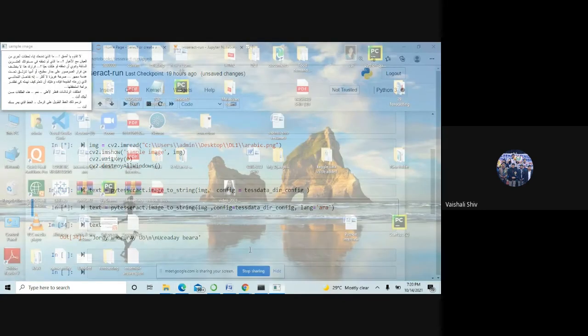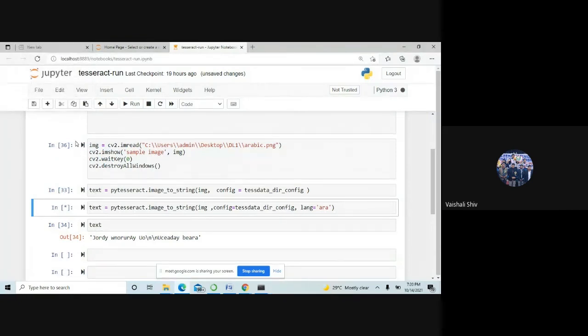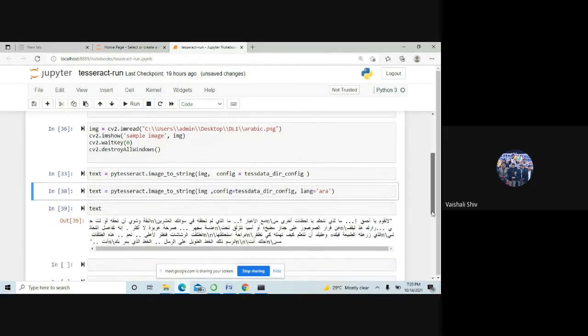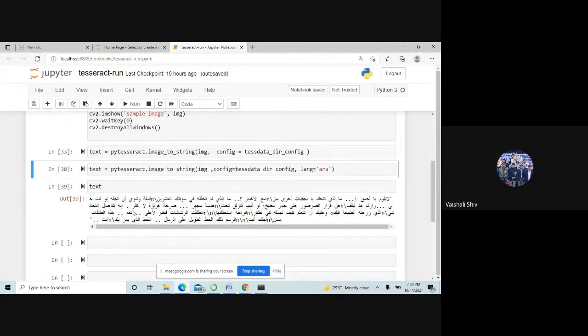Oh, sorry, I have not closed this one, that's why. Now you can see it is extracting all these things, the Arabic language.